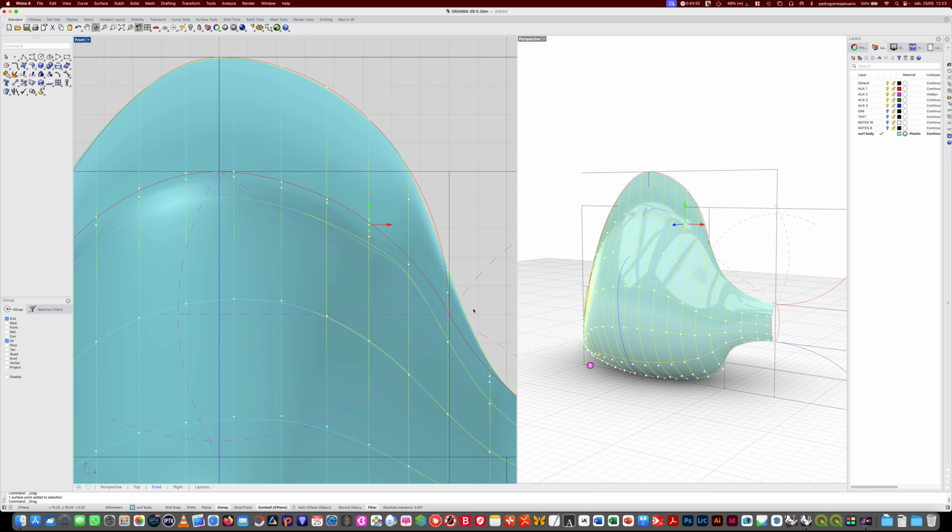I'm doing this freely. We could eventually know exactly the dimension that we want and use like a table with intersection of curves to see how much we should move these control points, and then try to do it in a more mathematical way. But for the moment